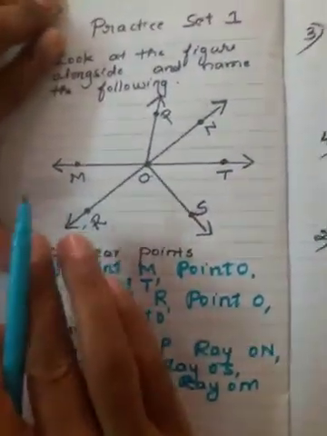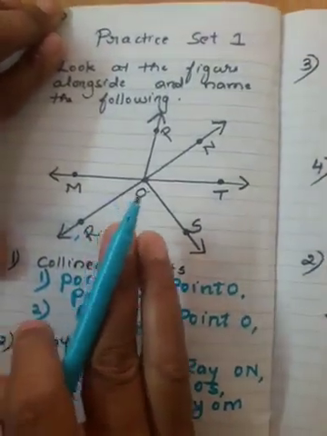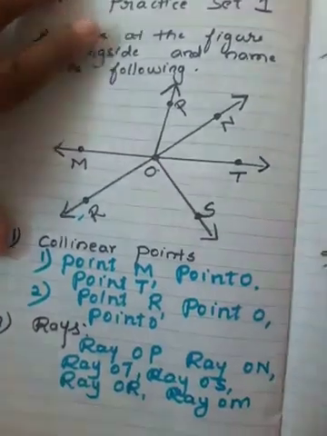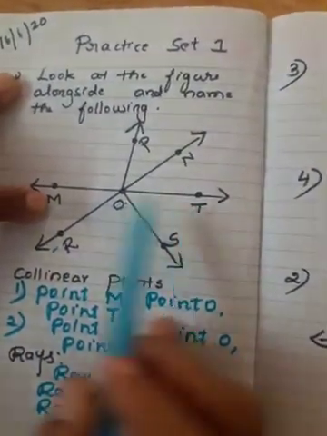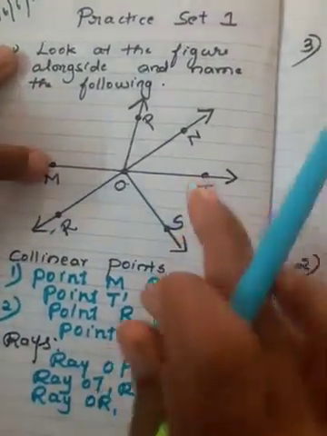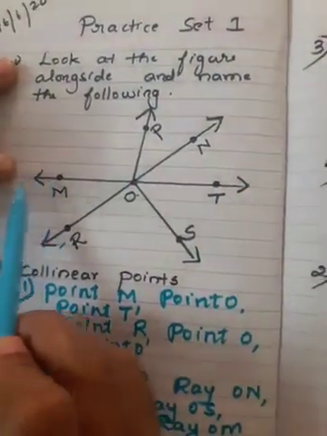So line segments have 2 endpoints. You know students, when the line segment is extended, then only we get ray and line. Now look at this line MT. Okay, it is a line. You can say that it is a line. But MT, look at MT. It is a segment. This segment is extended infinitely on both the sides.